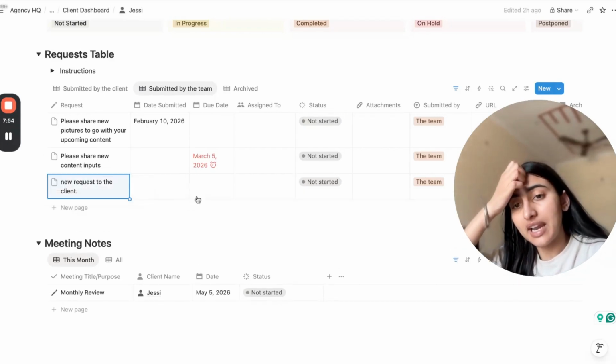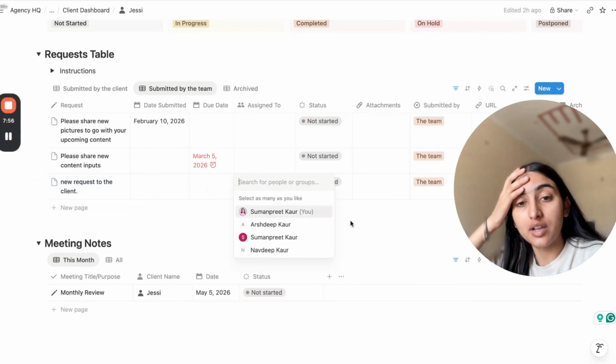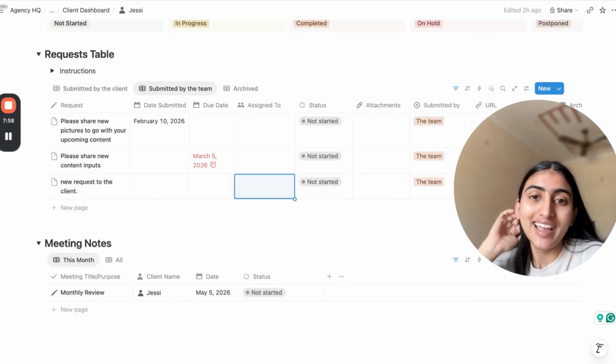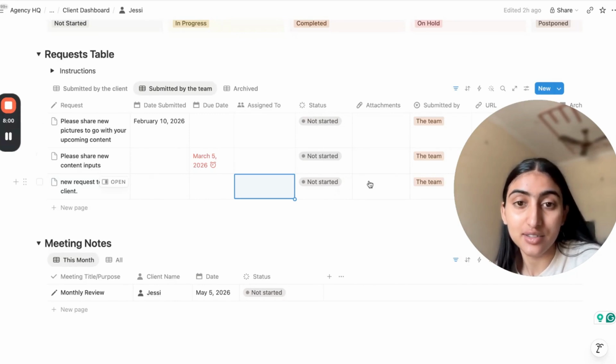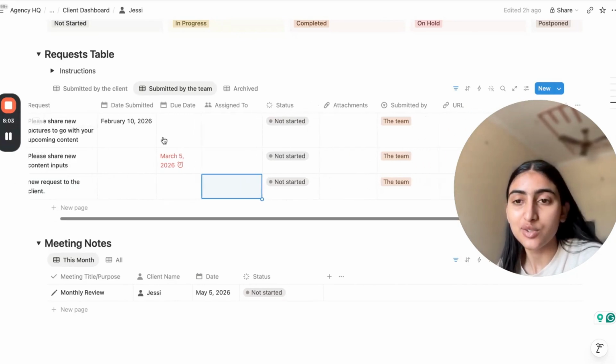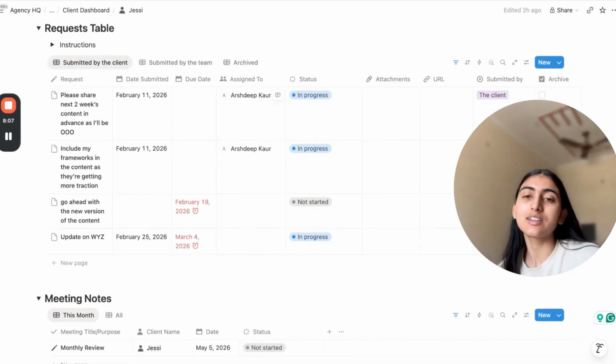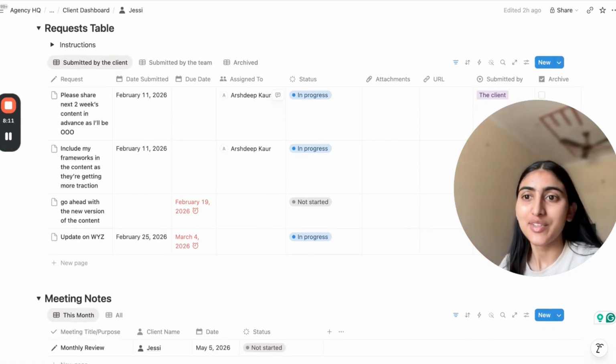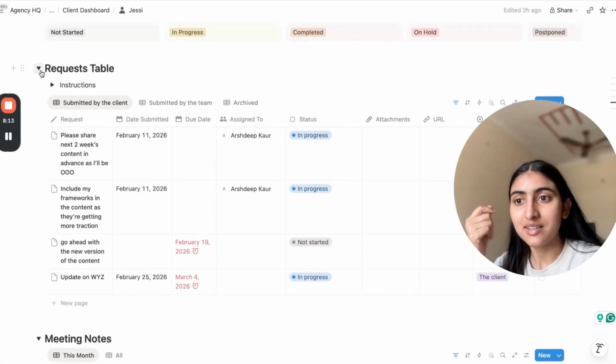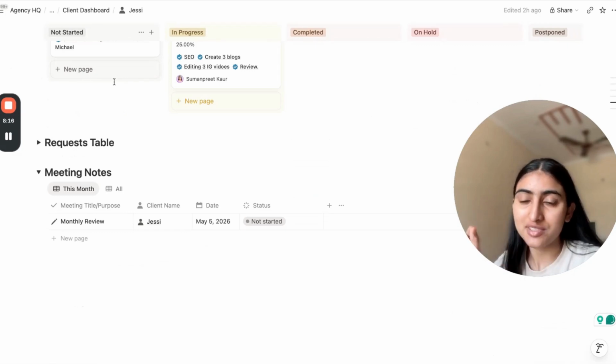Okay, so they can add the due date, they can assign it to your client. Okay, and then they can track the status, like you can track the status. So this is how you can actually see that these are the new requests, these are the due dates, and this is the progress. Instead of just remembering things and keeping notes randomly.